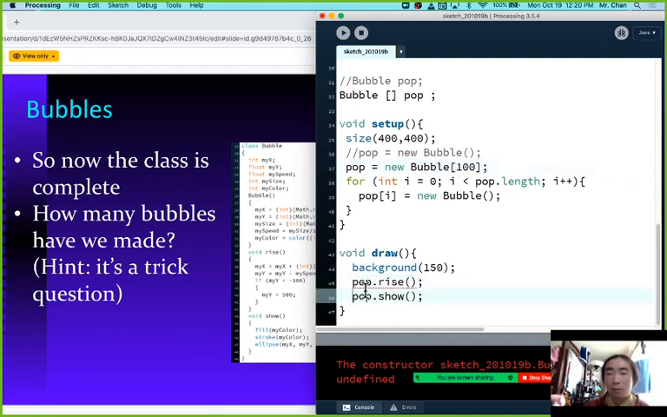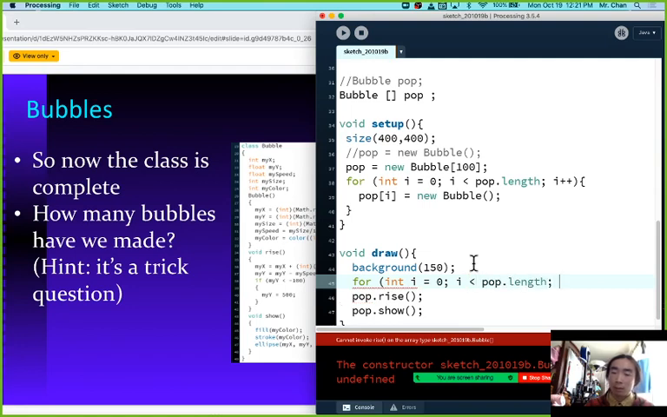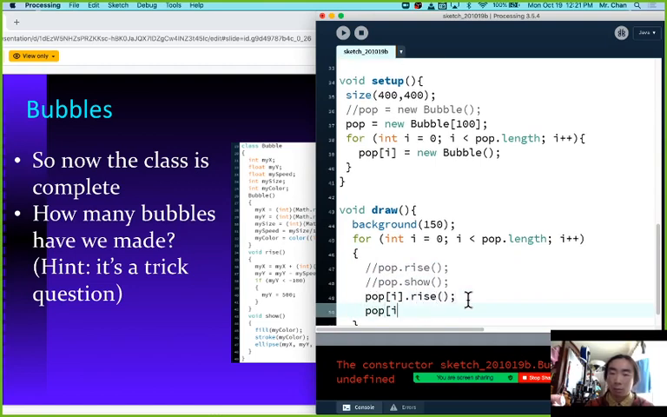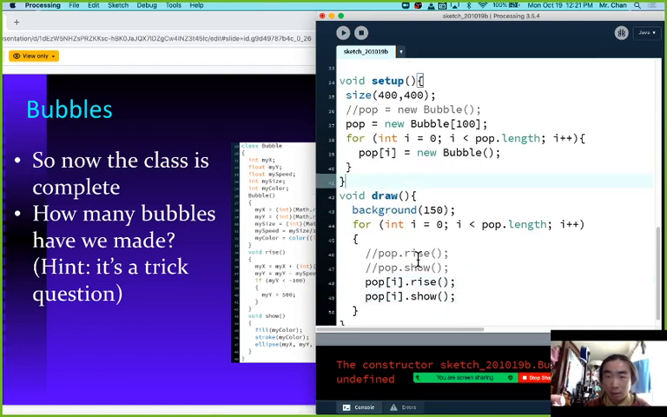And now we can do the final component. Use again a loop. Pop.length, I++. Now, instead of doing pop.rise and pop.show, we have to go through individually. Pop at position 0, you will now rise. Pop at position 0, you will now show. Pop at position 1, you rise. Pop at position 1, show. And I think that's all we need